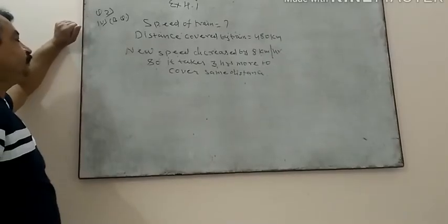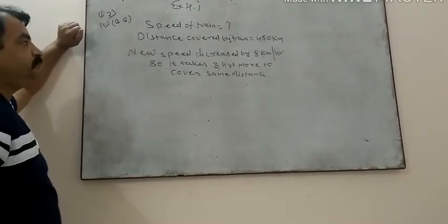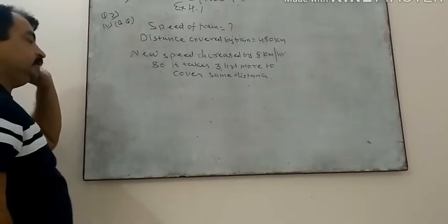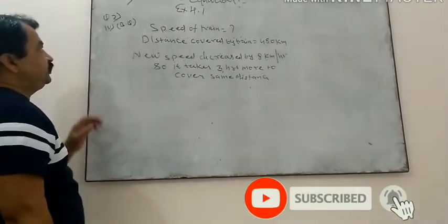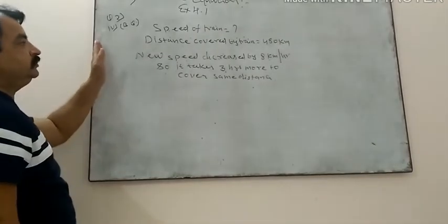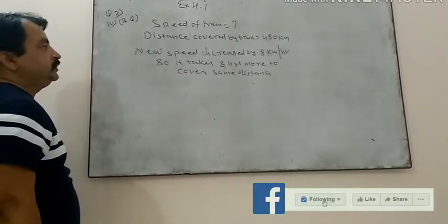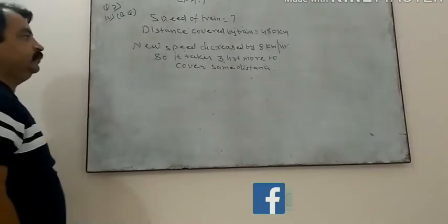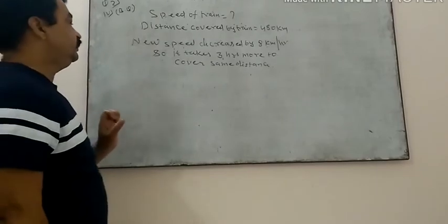Okay, children. Now I am taking the fourth question of question number 2. This is very important in the board questions also, which is on the speed of the train. Right? Question 3 and 4 I left for you, that you just convert to the quadratic equation and try to solve it. And in case of any doubt, you can make the comment in any box. So I will make the video for that also. Clear? Now, the question I dropped here in a short form.